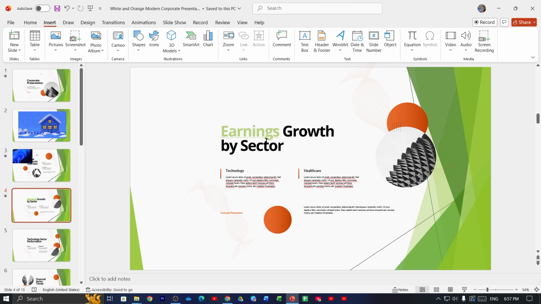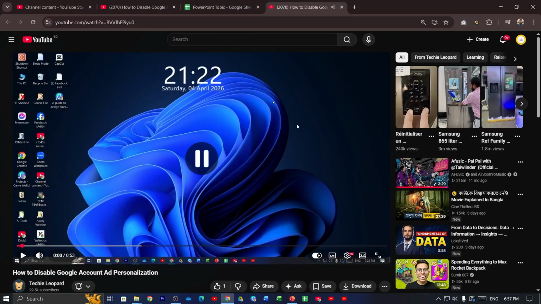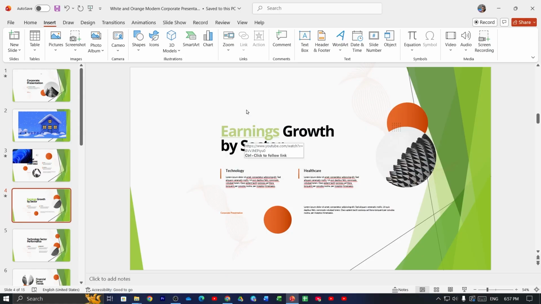Now if you want to open your link, you have to just press and hold your control key and then click on this text, and that's it. You can see it's opened successfully. And that is how you can insert link on